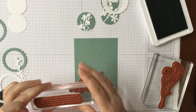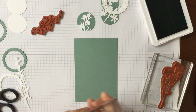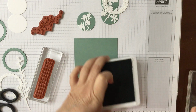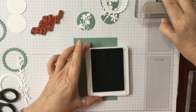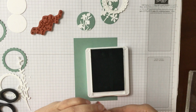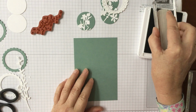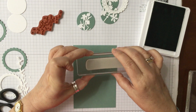Now, as I've said, I find it very difficult to see which way the words are, so I always try and stamp it off on a bit of scrap or on the edge. So I'm going to just stamp this off on here so I can see which way I'm doing it. Is that the right way up? No, that's the wrong way up. Oh no, it is, that's the right way up. Okay, I'm going to do that full strength, I think,